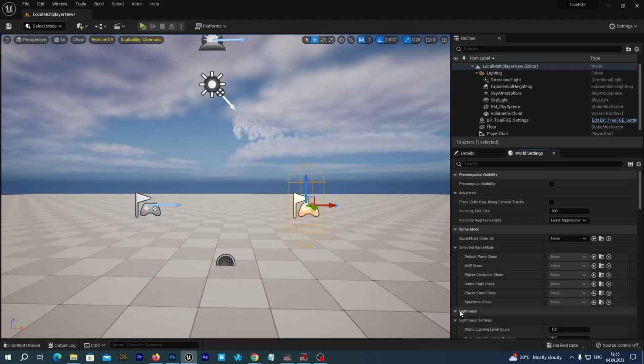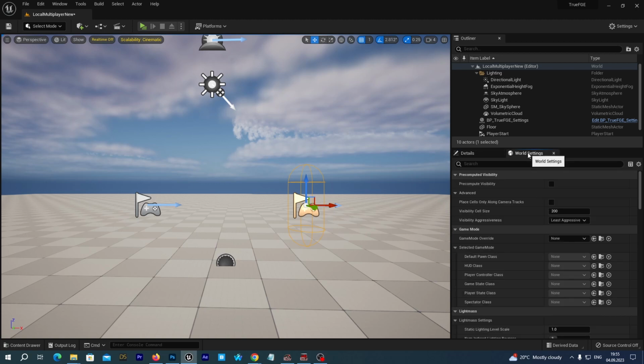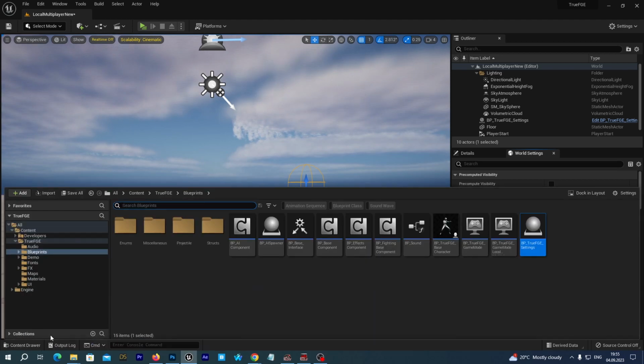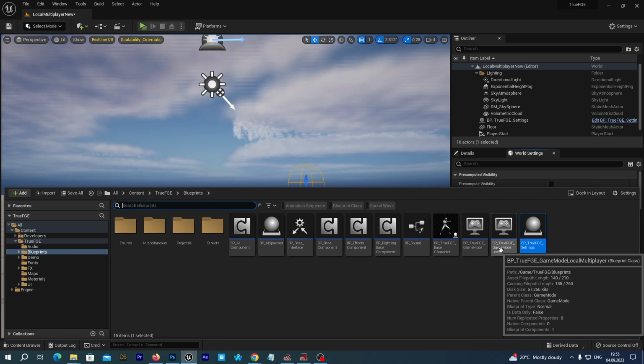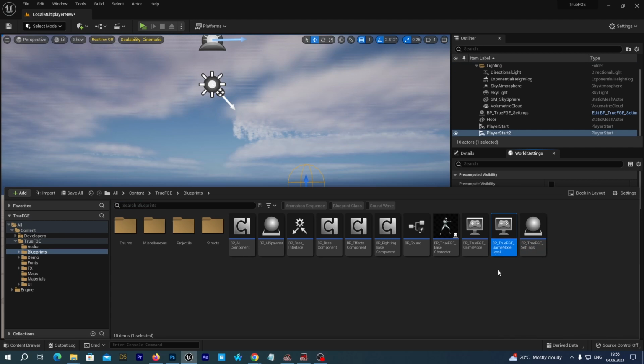Now what we are going to do, we are going to override the game mode for this particular map. So we go to the world settings tab and we find the game mode override option, and we could actually use any of these two, either game mode or game mode base options. But let's just manually create a new game mode from our already existing game mode. Here in the TrueFGE blueprints folder, we see this BP TrueFGE game mode local multiplayer, and we select it